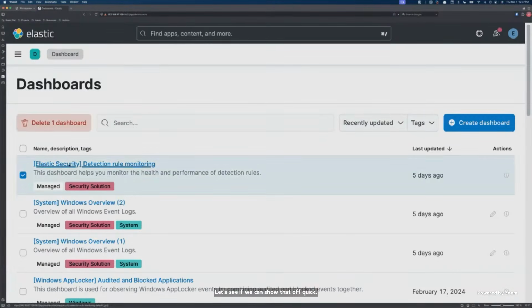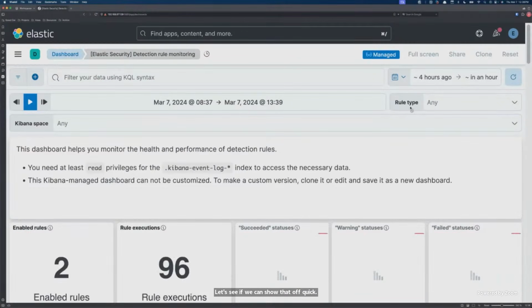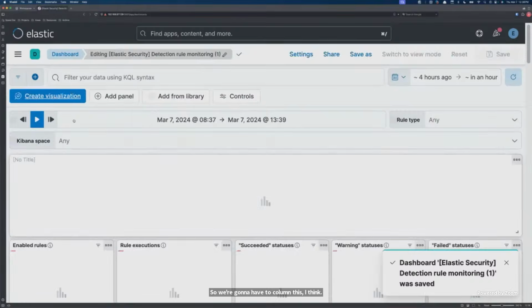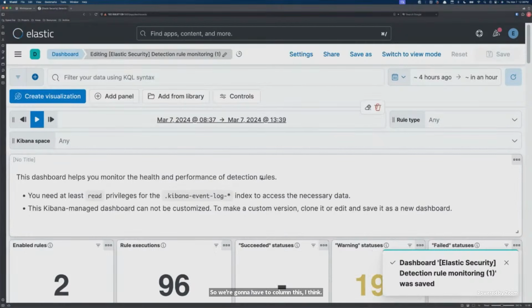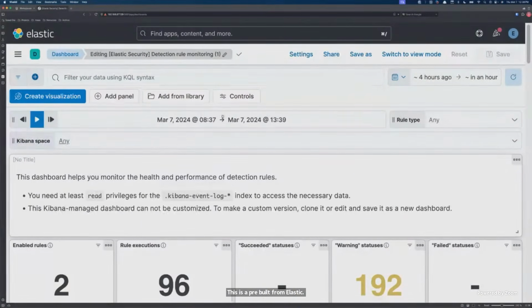So we're going to have to clone this, I think. All right, here we go. So we've got a clone dashboard. This is a pre-built from Elastic. It's used to monitor your detection rules. That's not super important, but